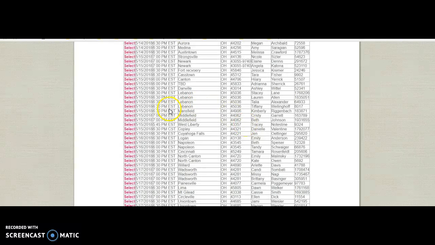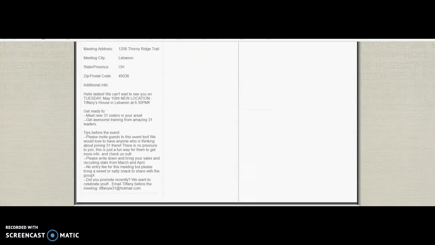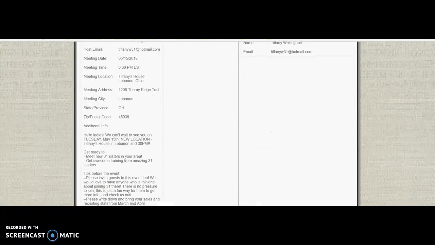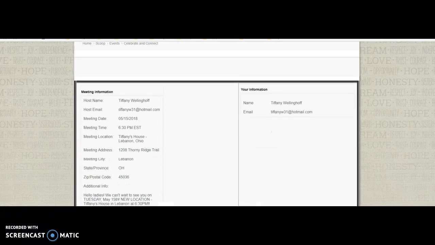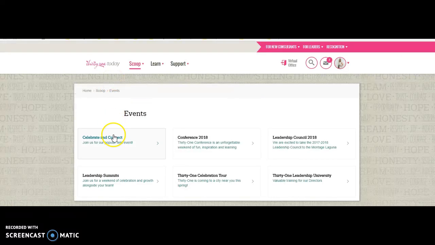We are actually in Lebanon. So I'm going to select myself. And it's going to show you the meeting details. So it tells where it is, and it tells any details if the director has any details. And that's how you select it and registered for it. Since I am actually a director, it's not going to let me register for my own meeting, but that is